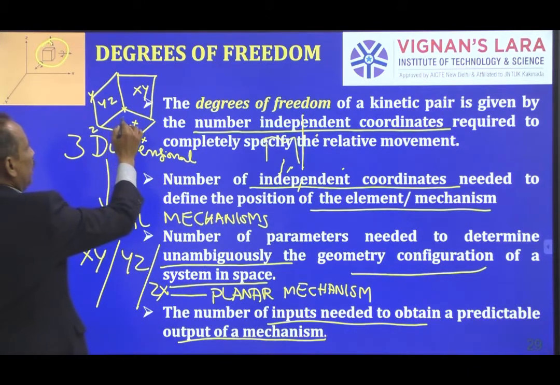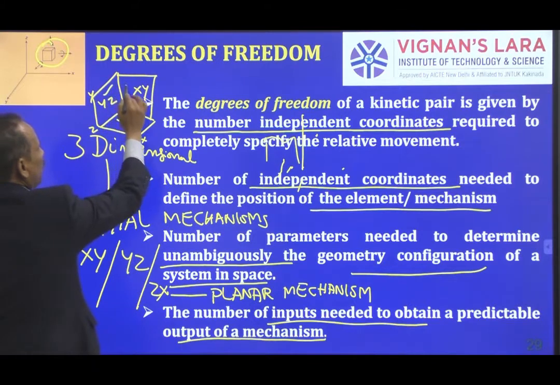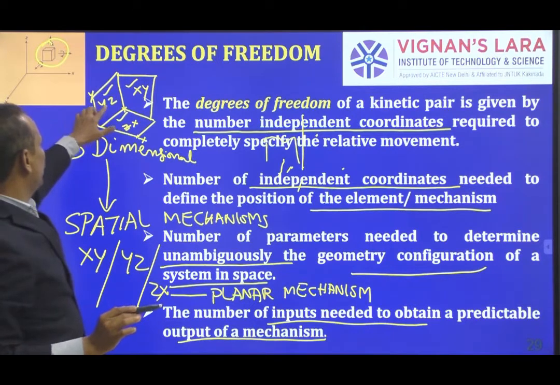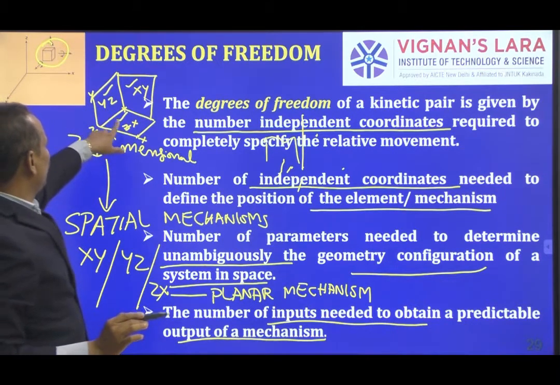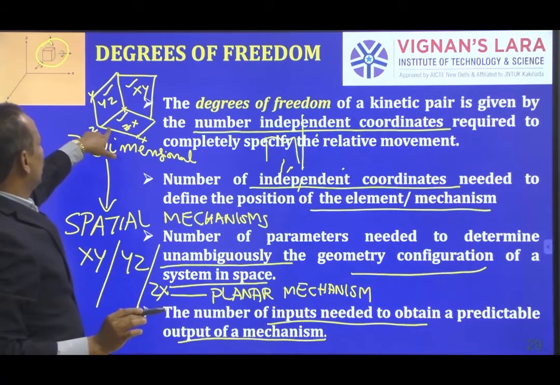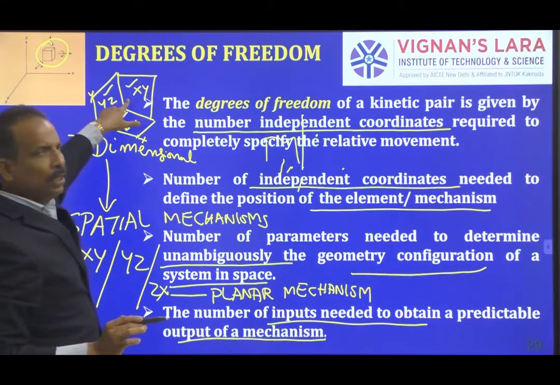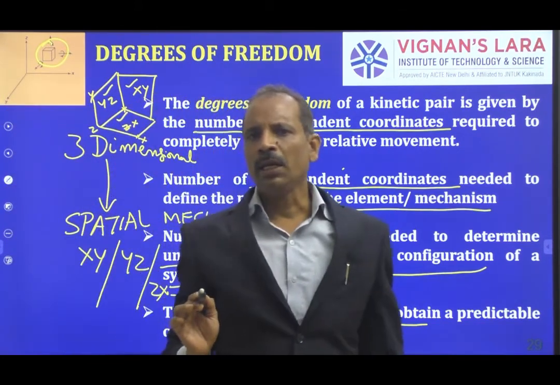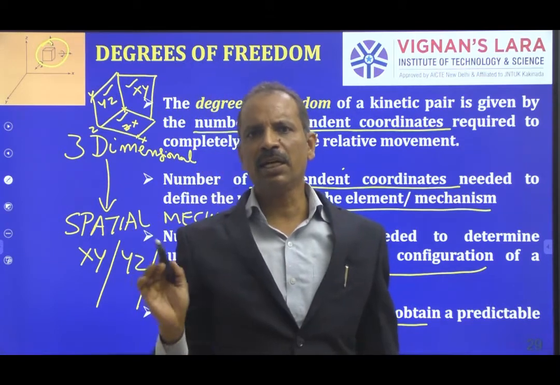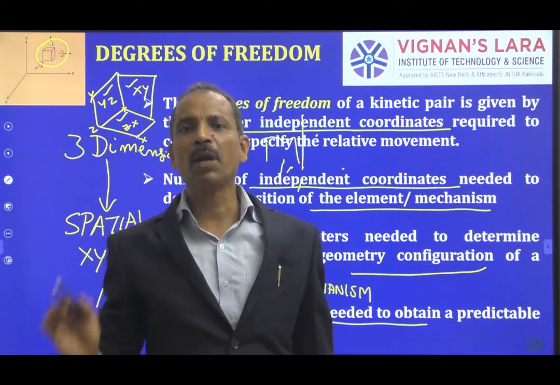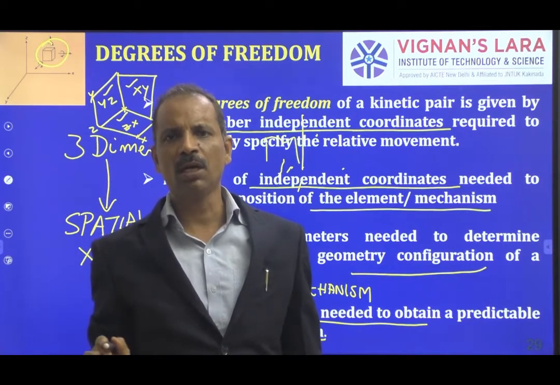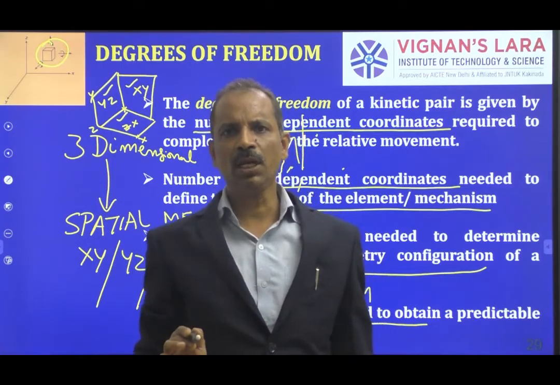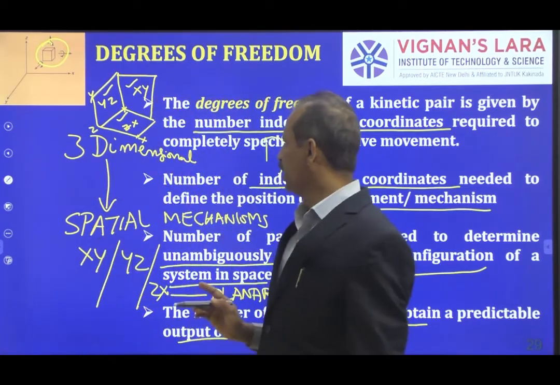So the body may be in this plane or this plane or this plane. If it is in this plane, you have two translations, Y and Z, and rotation YZ. If it is in this, Z and X and ZX rotation. If it is in this plane, X and Y and XY rotation. So a body in free space has 6 degrees of freedom. A body in a plane, in two dimensions, will have a maximum of 3 degrees of freedom: 2 translational and 1 rotation. That is 3 degrees of freedom.